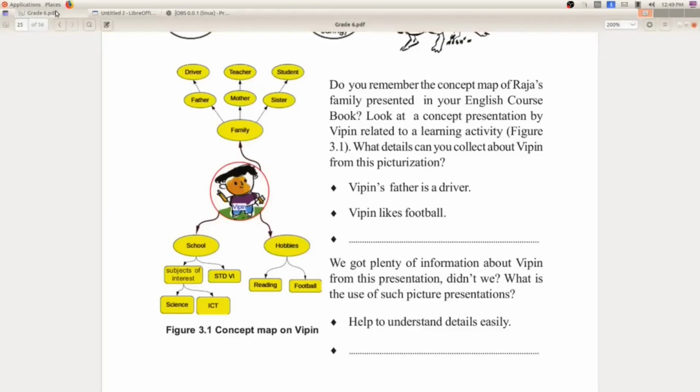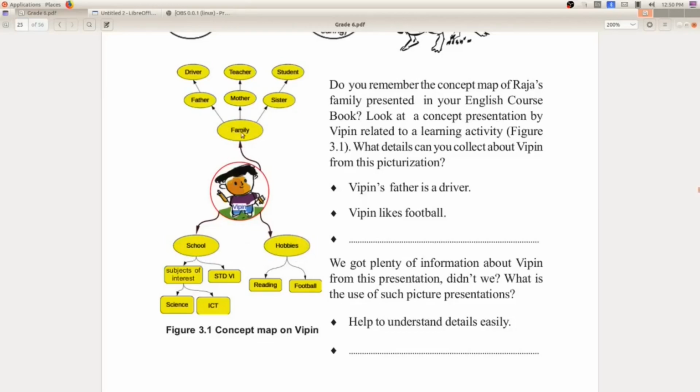Okay students, you can see a figure here, figure 3.1. In this figure they have shown a concept picture of Vibin. It is written here, Vibin, a student. They have shown three concepts of Vibin: Vibin's family concept, Vibin's school concept, and Vibin's hobbies concept.